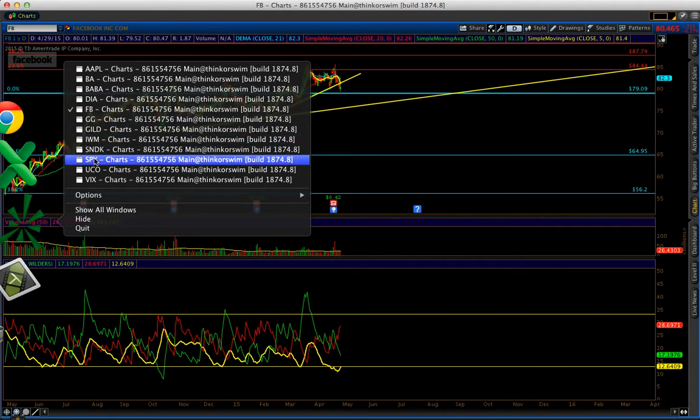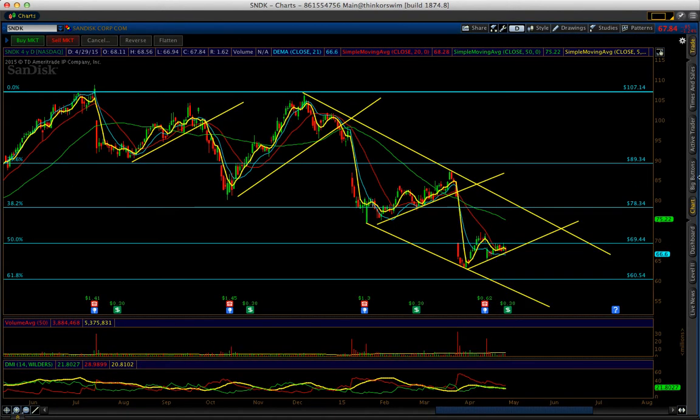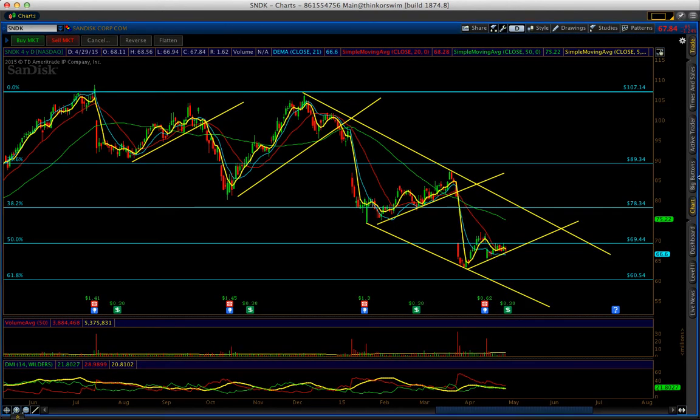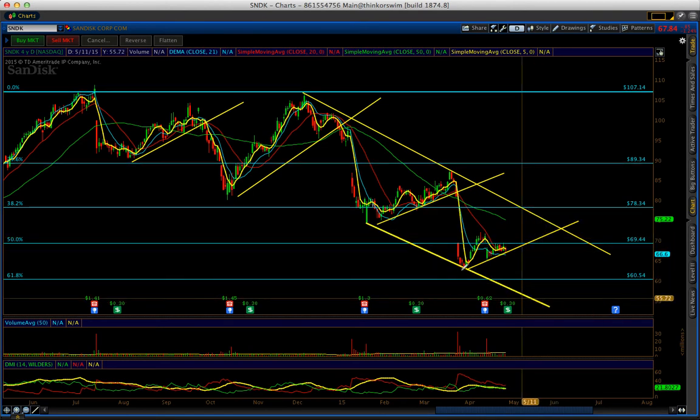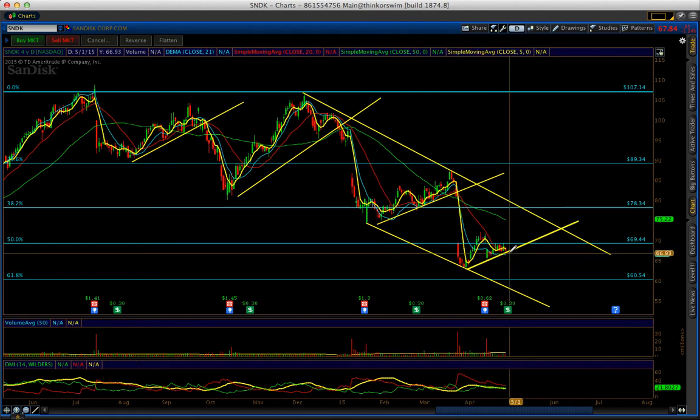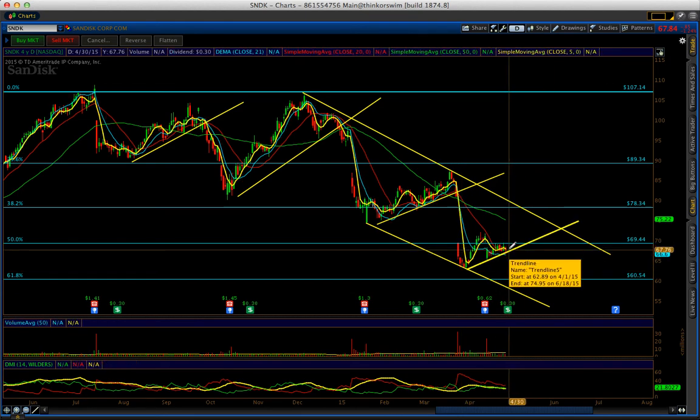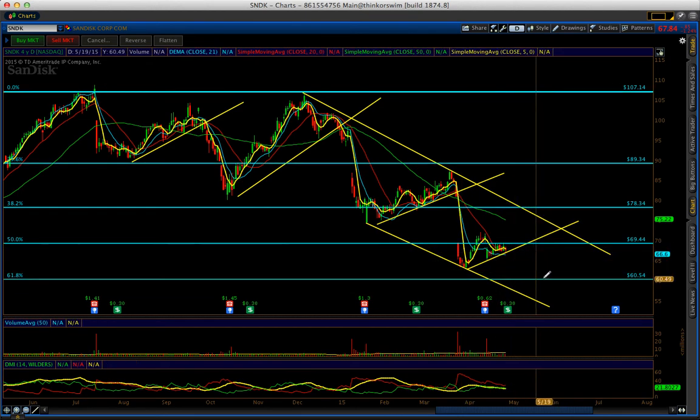Now let's talk about SanDisk. I'm watching this one to enter short because it's holding right here, and look at this pattern. Every time it goes up, up, up, up, down, up, up, up, up. Guess what? Down. It's going to go again to 50. So I'm watching to see if we can close below today's low. I'm going to enter short. We targeted 60 and 55.